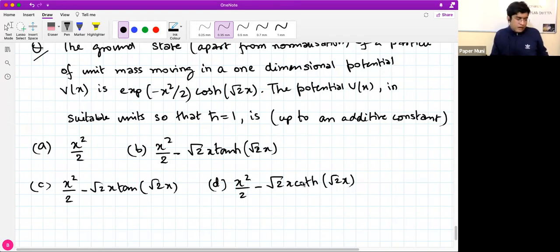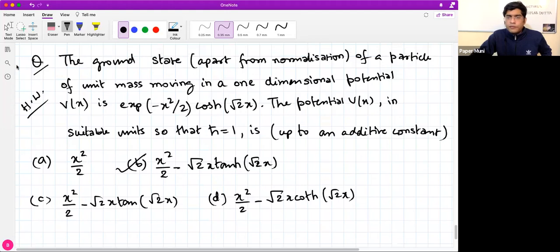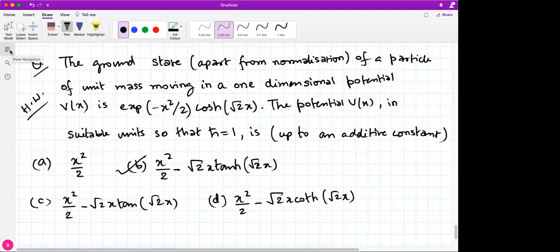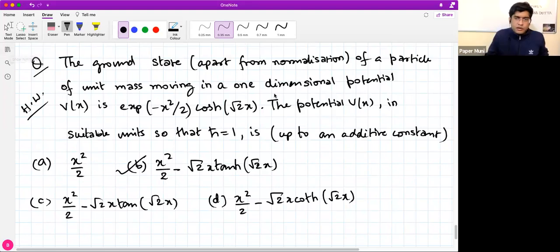I'll give you the answer if you want, because if I give you the answer, it spoils everything. But still, I'll give you the answer if you want to check. This is the answer. So this is the homework problem for you. And yesterday's homework problem was, did you copy this down? You can get it from the notes.